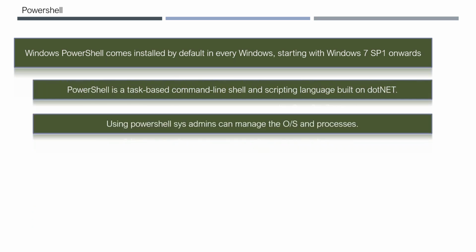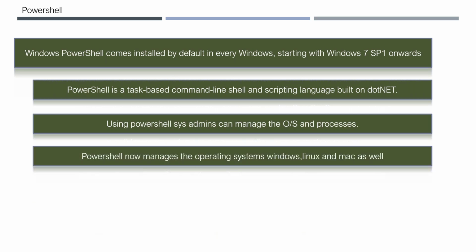Okay. It is a simple utility, right? These are commands that you can use. Basically it is built on .NET. That's the reason initially it was available only on the Windows operating system. But with the introduction of .NET Core, they also developed PowerShell on top of .NET Core. Since .NET Core works on Mac, Linux and Windows, now PowerShell will also work on all the operating systems. The main purpose of PowerShell is to manage your operating system resources and any processes.